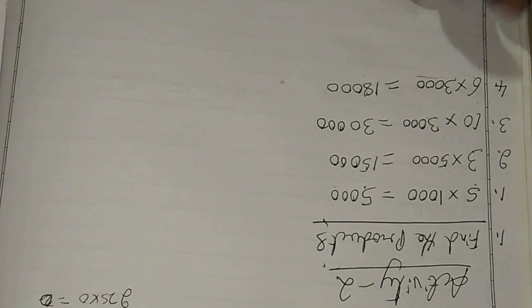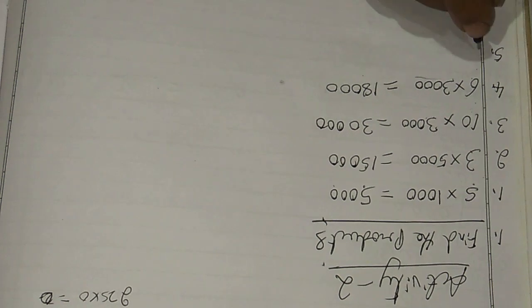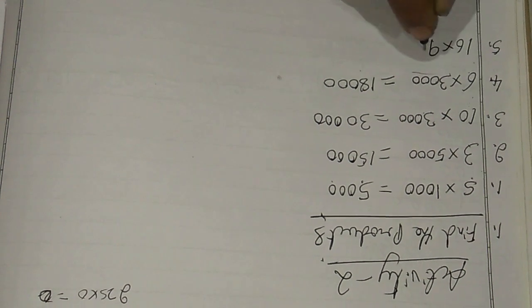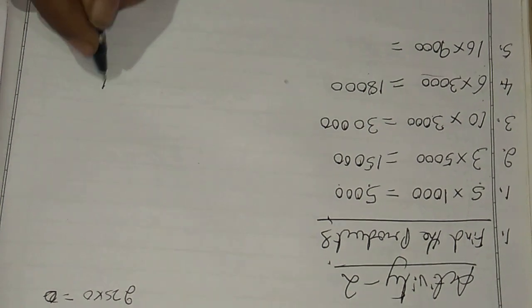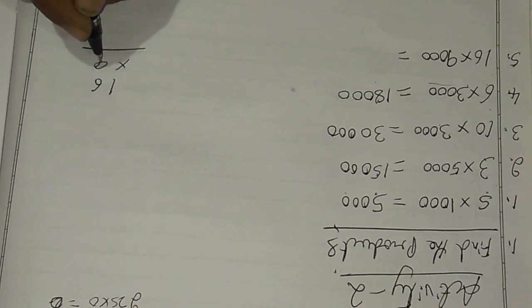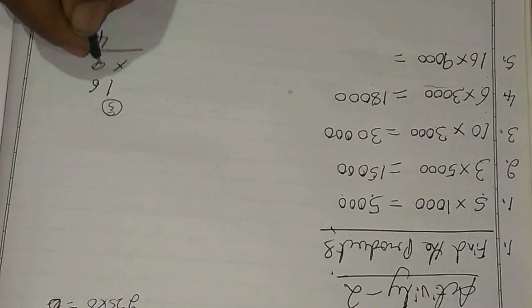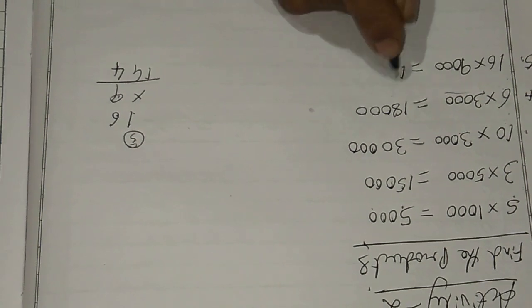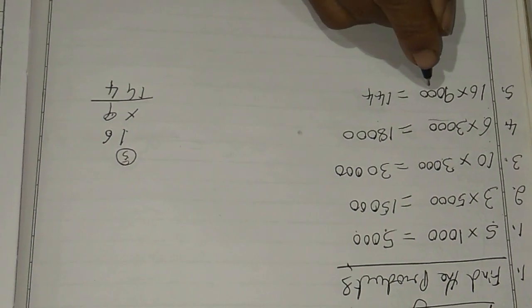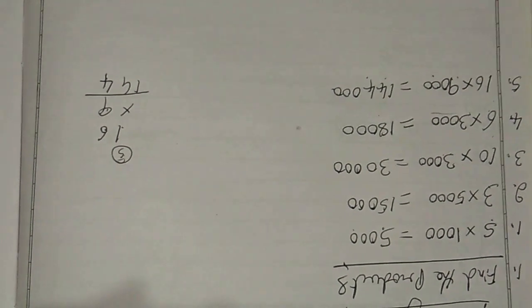Okay. So another one is fifth one, 16 into 9000. So 16 nines, or if you don't know, you go for 16 into 9 in the working column. 9 6s are 54. 4 right here, 5 carry, 9 ones are 9. 9 plus 5 is 14. So 144. 16 nines or 9 16s are 144. So how many zeros are there? 3 zeros put here. Okay.